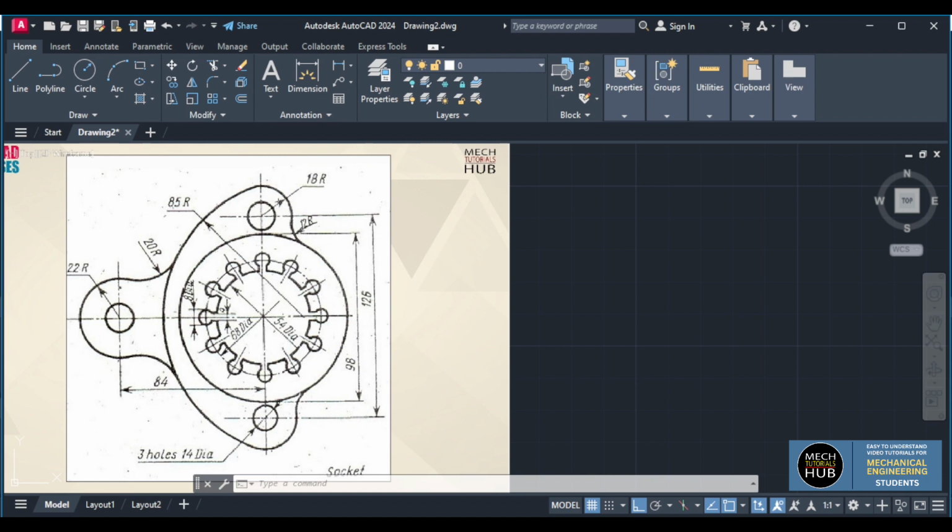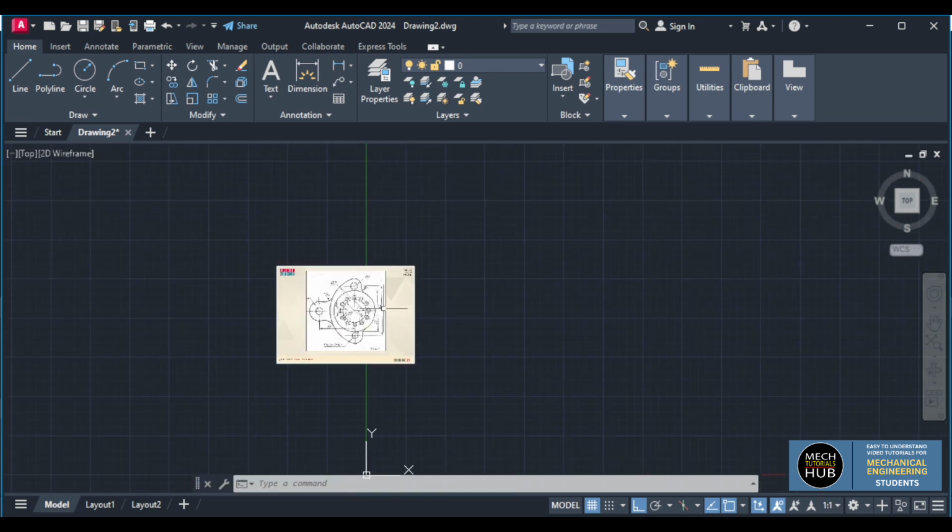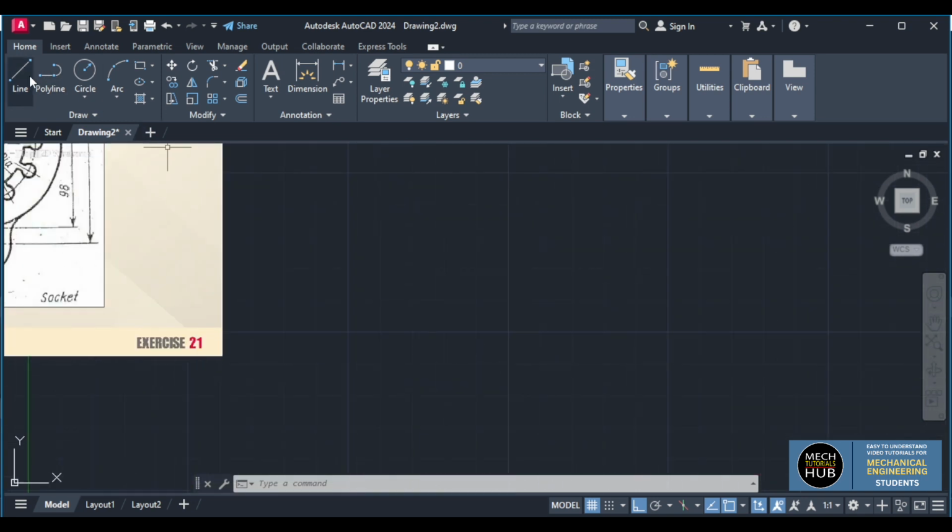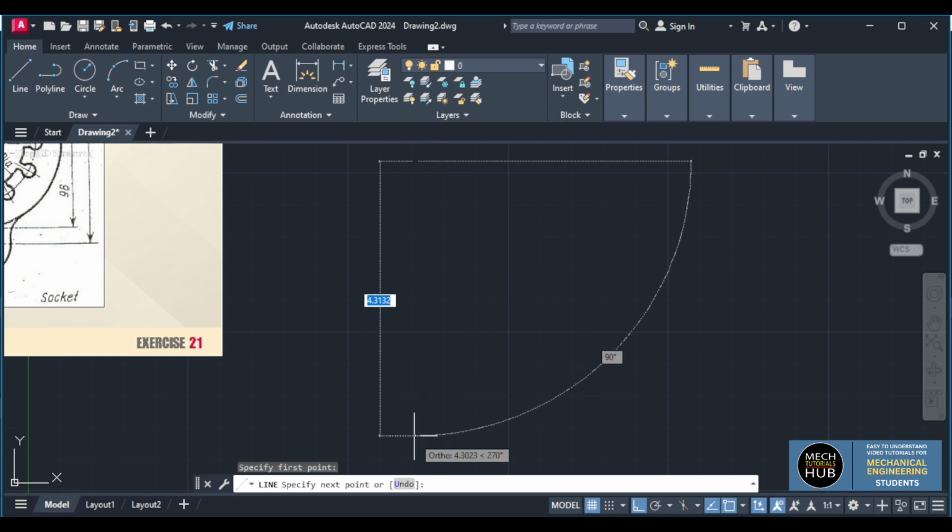Now here, before moving on to drawing an axis line, let me see the overall height. Maximum distance given is 126, followed by 18 radius on both sides, top and bottom. So we need to add this 18 plus the bottom 18 to 126. There you will get the maximum distance. 126 plus 46, then okay, I'll go up to 180 maximum length. Okay, let me enlarge. Then let me take a line and draw the line